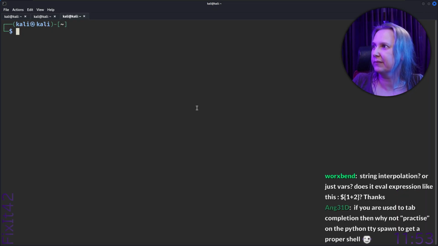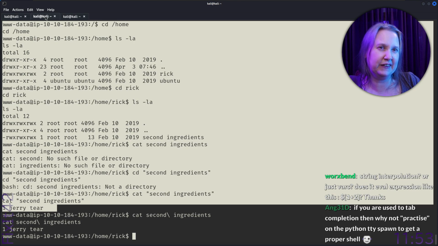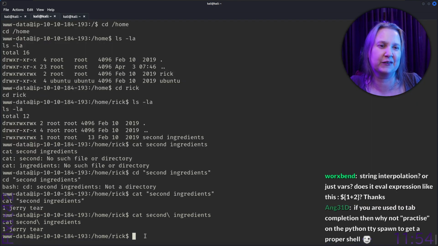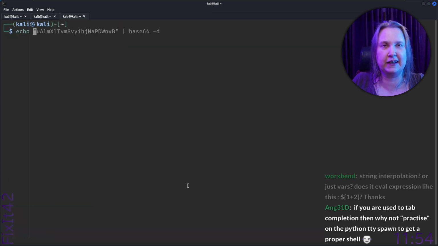Ang31D says, if you are used to tab completion, then why not practice on the Python terminal to get a proper shell? I'm just lazy, because I don't remember it in my head, but I should practice it. Yeah, because it's kind of nice. But usually I think these are so quick, so it's not worth the time. But for practice, you're completely right. Just let's do this test for